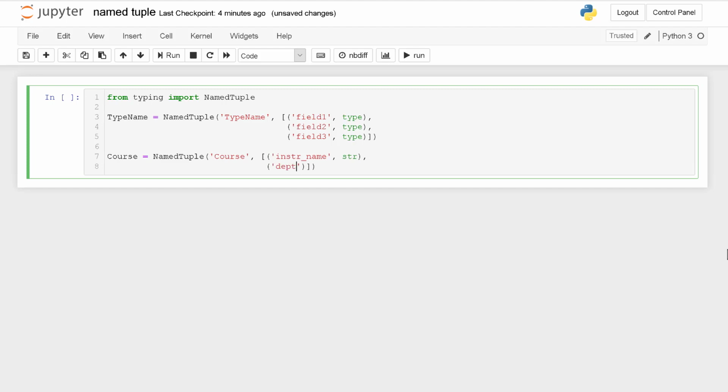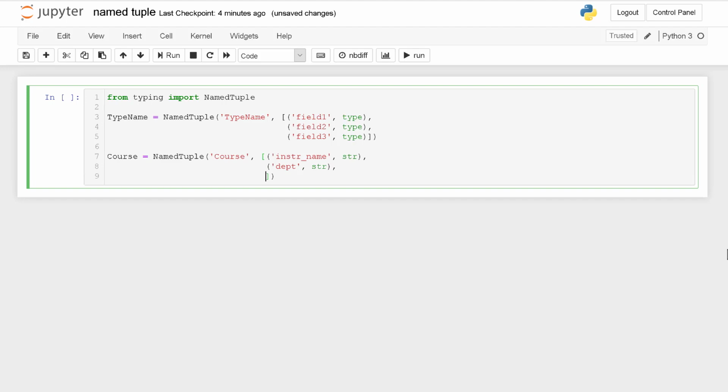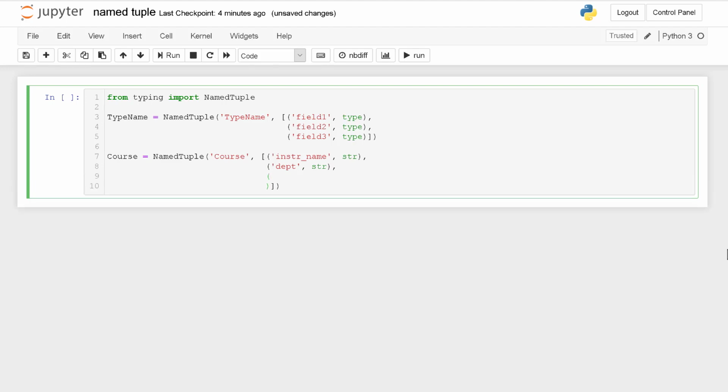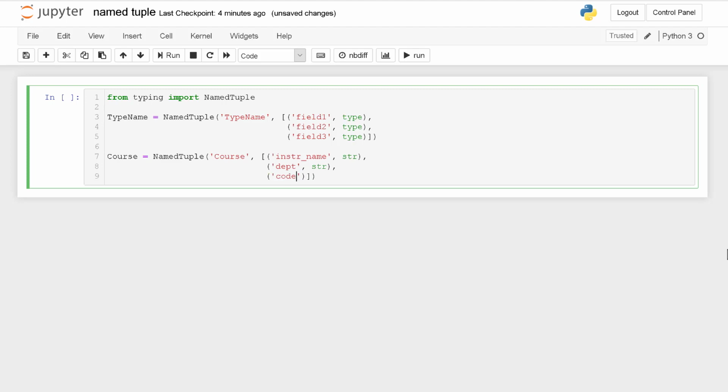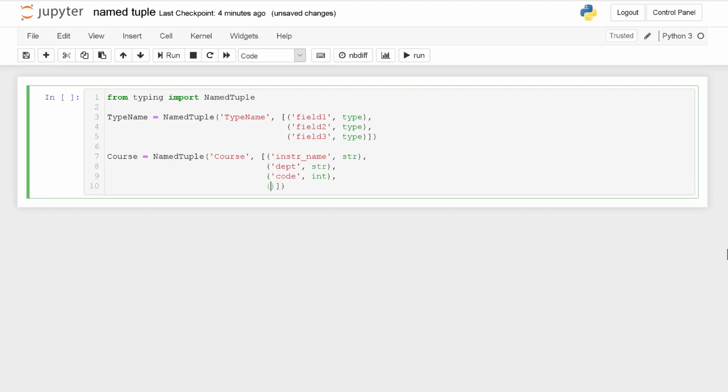The department, perhaps as a string. The course code, like 103 or 101 or 200, that would be an int. And the title of the course as a string.